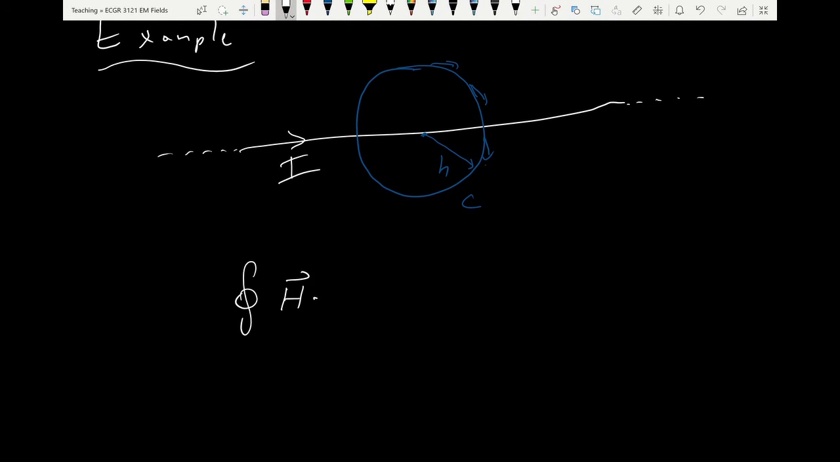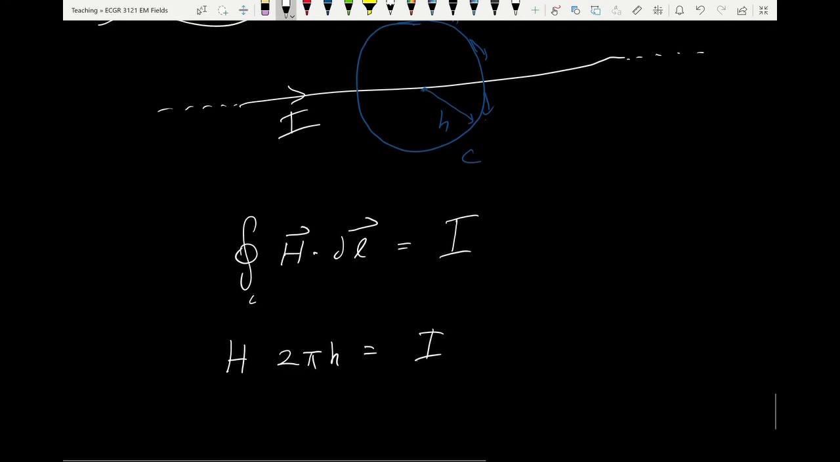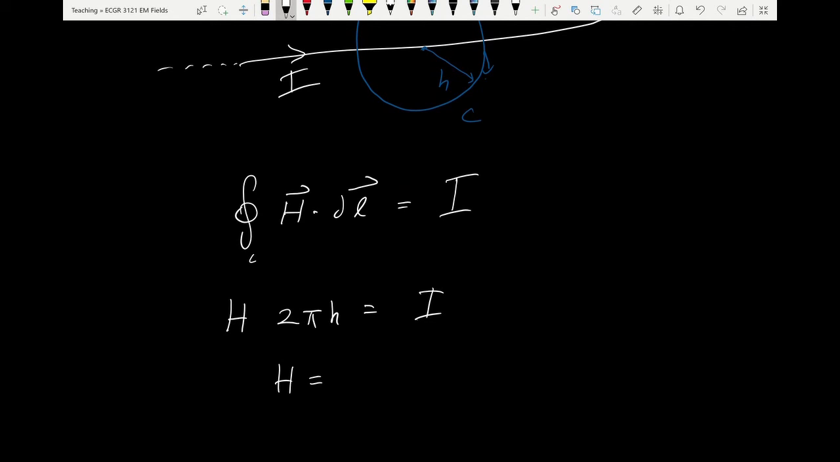So H dot dl equals total I enclosed. H, we said, is constant, so I can take it out. I'm taking its magnitude. And then I'm integrating over C of dl. What is the integration of the line element across a circle? It's just the circumference of the circle. So what's the circumference of the circle? It's going to be 2 pi h. So H times 2 pi h equals I, and so that tells me that H equals I over 2 pi h. And that's it. I found the magnitude of the field